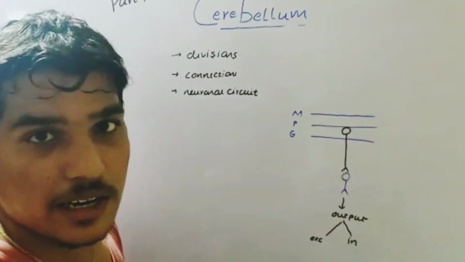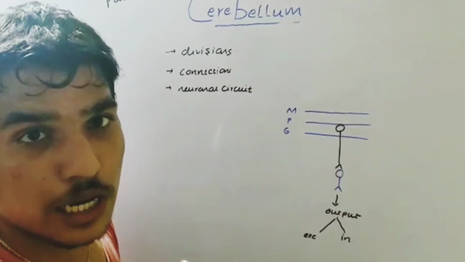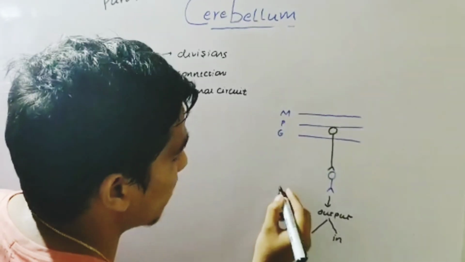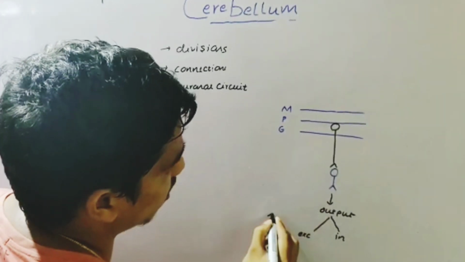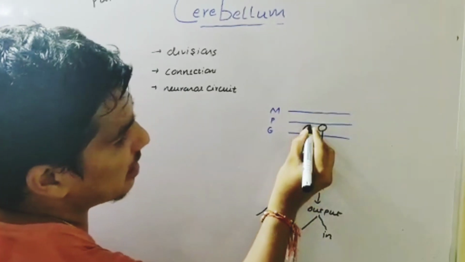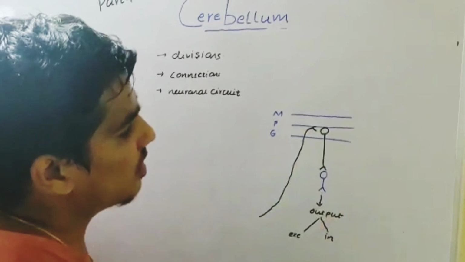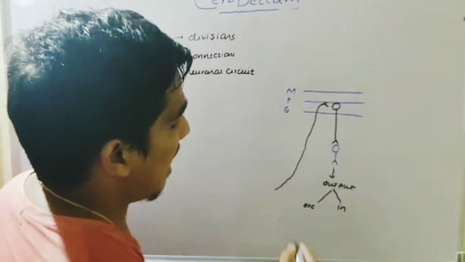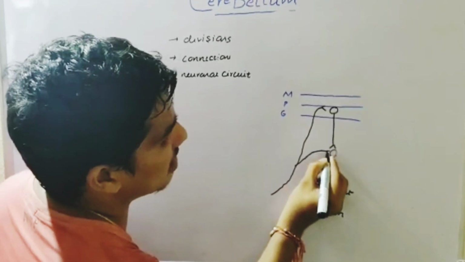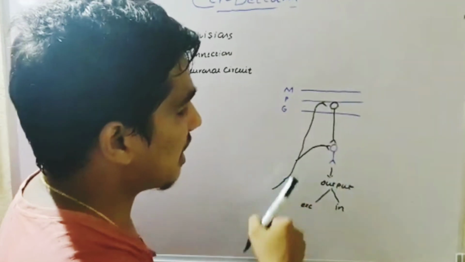The afferent fibers that come to the cerebellum are divided into two types: climbing fibers and mossy fibers. Say along with me friends, the climbing fibers come and end at the Purkinje layer by synapsing with almost 300 Purkinje cells. And they give a branch to the deep nuclear cell. This is about the climbing fiber.